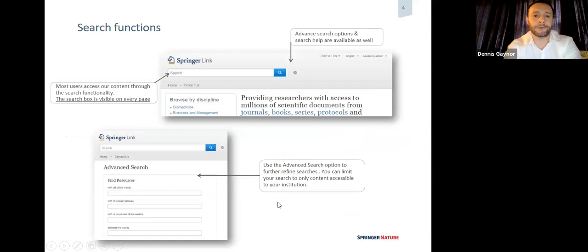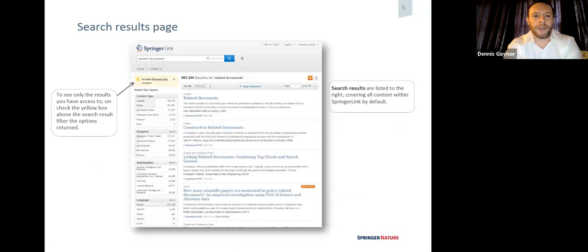But again, I think most people are going to start by typing in a search term, and that's right at the top. Just to the right of the magnifying glass is this kind of wheel. That is for the advanced search, and that's completely the same as nature.com, right? You can put in, does it contain this term? If you have an exact phrase, author information, title. So basically the same. And then this would be a search term. So for this,